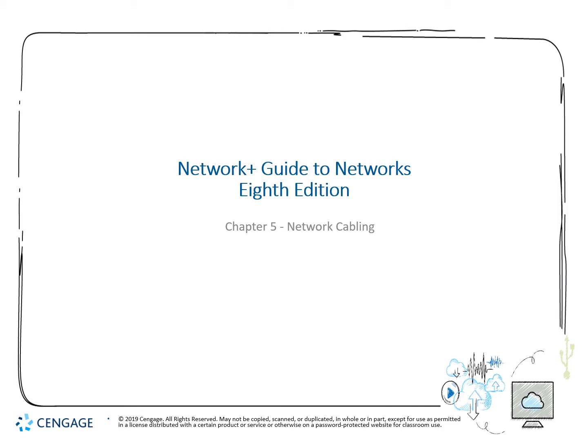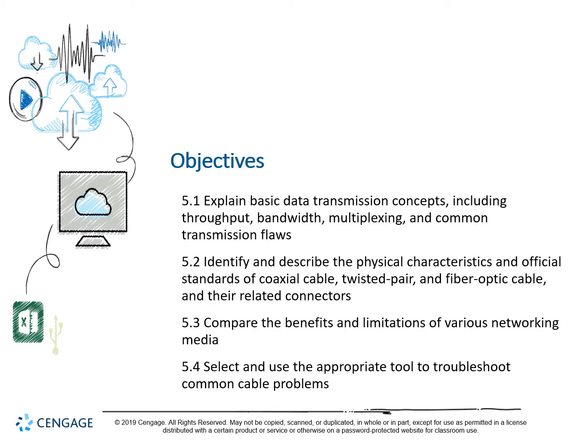Today we're talking Chapter 5 in the networking section, network cabling. So our objectives are to explain basic transmission concepts, including throughput, bandwidth, multiplexing, and common flaws. We're also going to identify and describe physical characteristics and official standards for coax, twisted pair, and fiber optics, as well as their related connectors. Then we're going to compare some benefits and limitations of various networking tools,